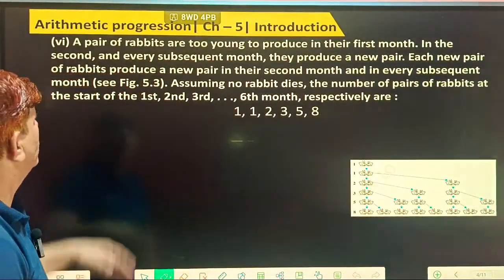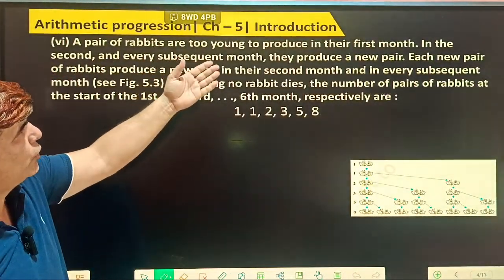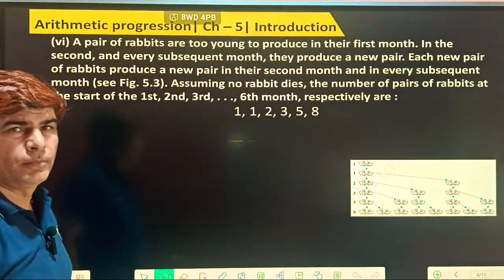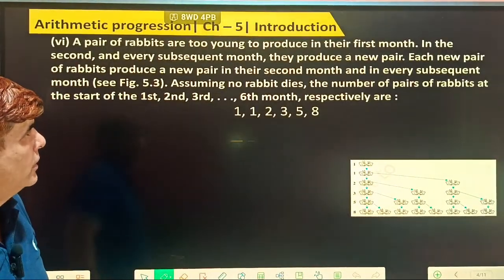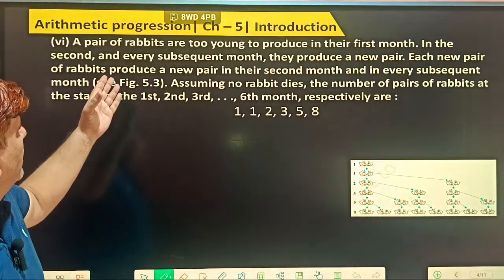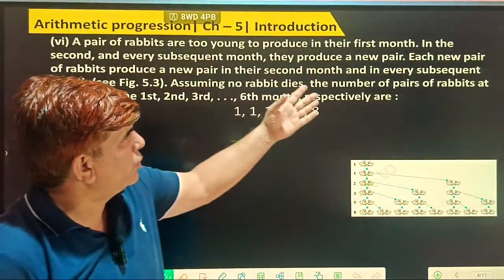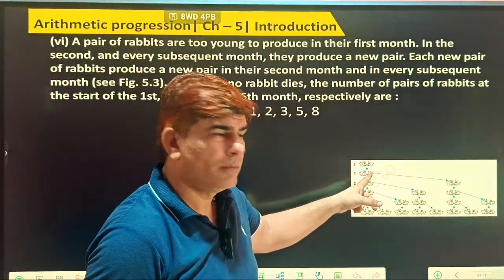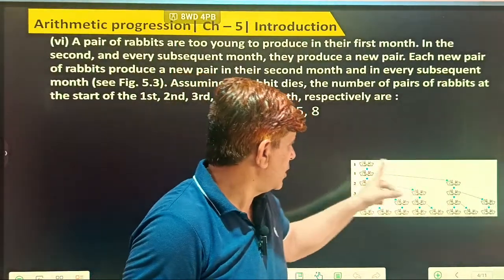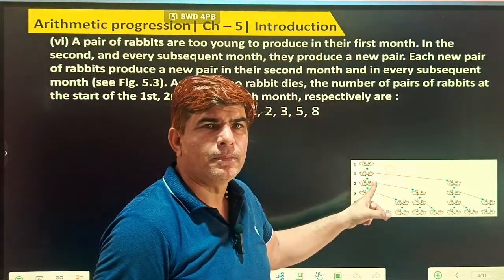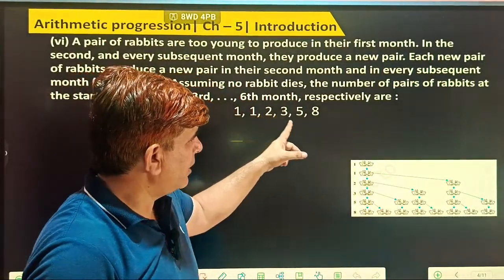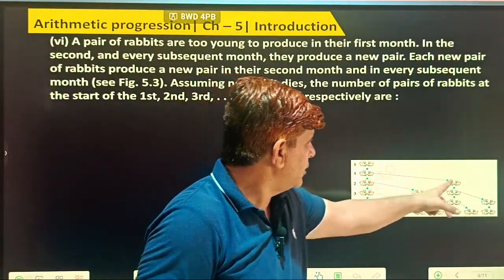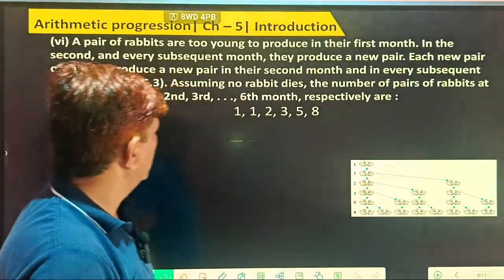Now, telling about a sequence. A pair of rabbits are too young to produce in their first month. So they produce their young ones after 1 month. In the second and every subsequent month, they produce a new pair. This produces this. Next month, this produces this and this produces this. Understood? Similarly, then again this produces this, and this produces this. So in this way, write